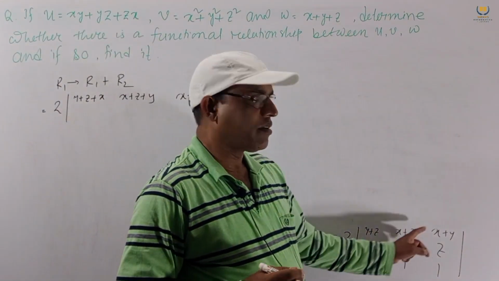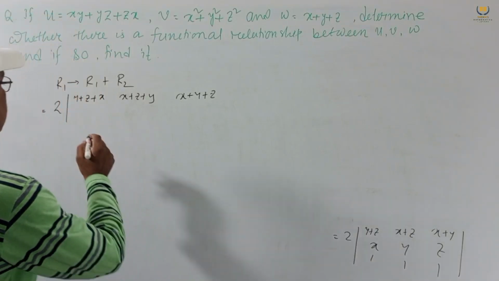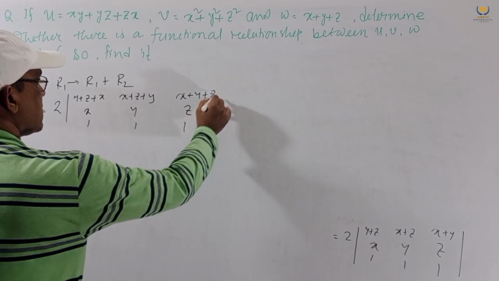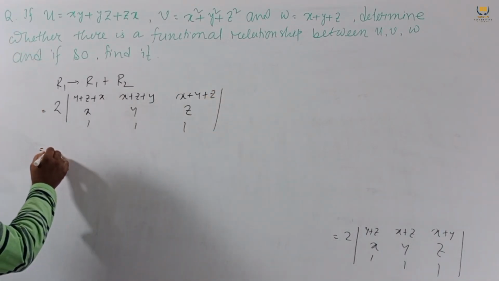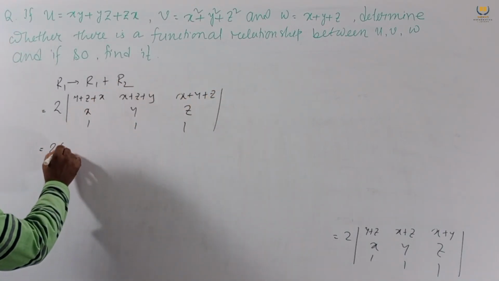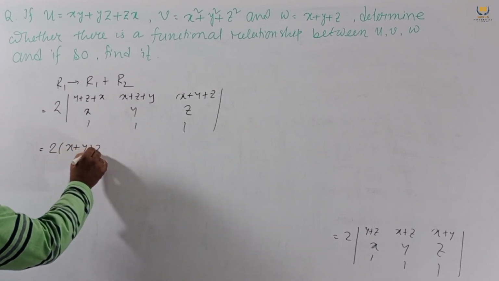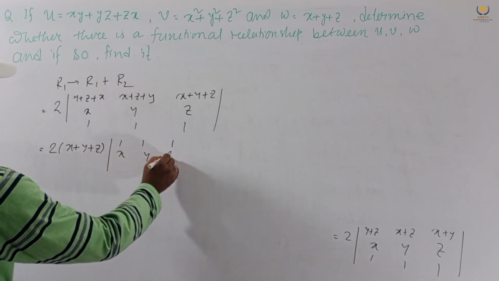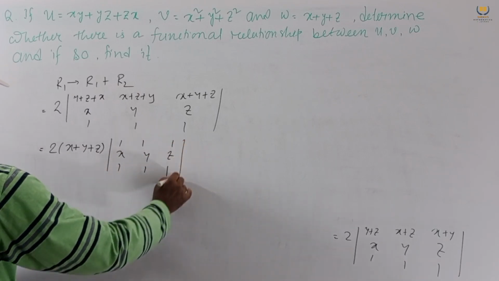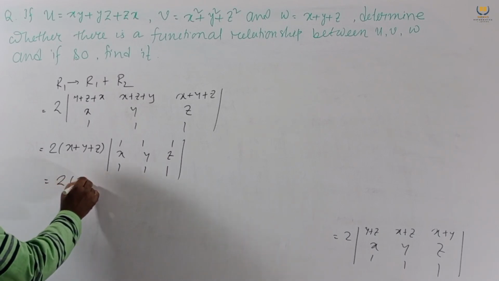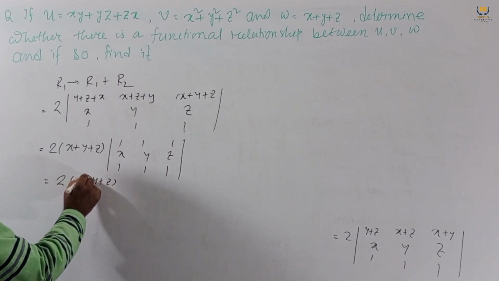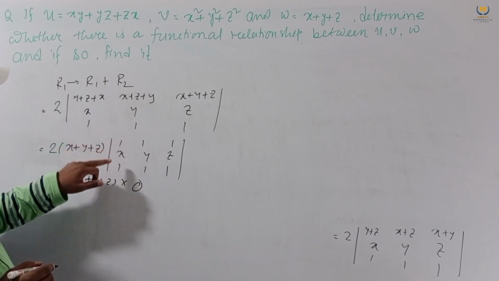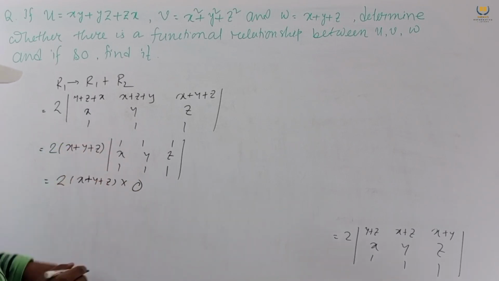Adding this and this, x y z and 1 1 1 remain the same. Now x plus y plus z is common, so we get 1 1 1; x y z; 1 1 1, and this will be 2 times x plus y plus z,